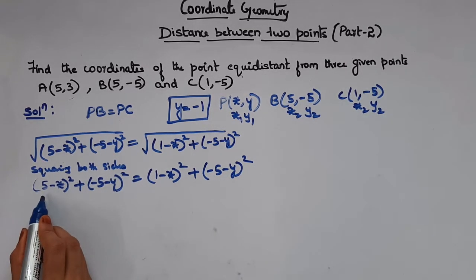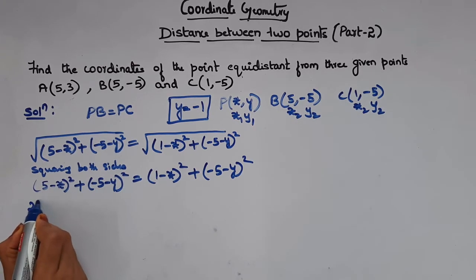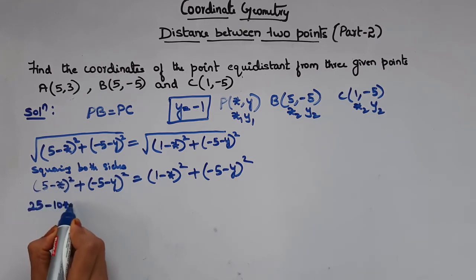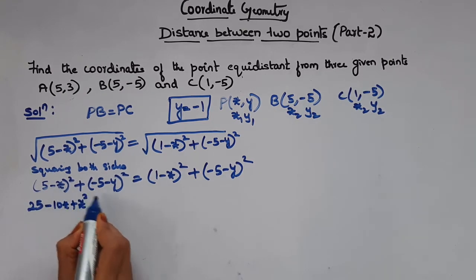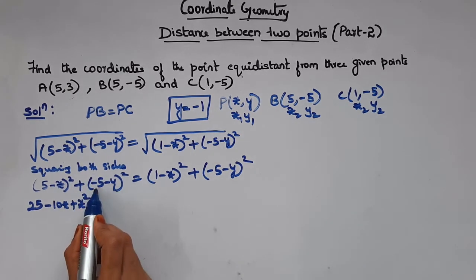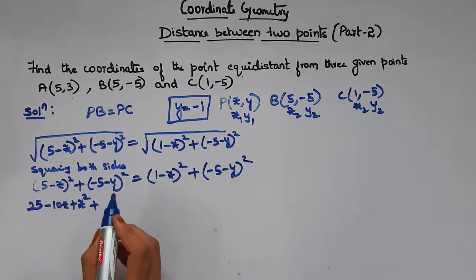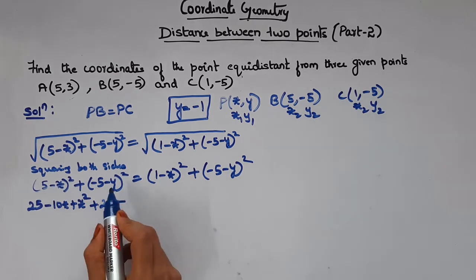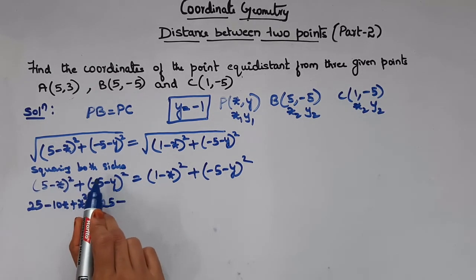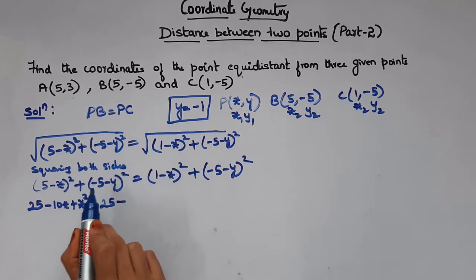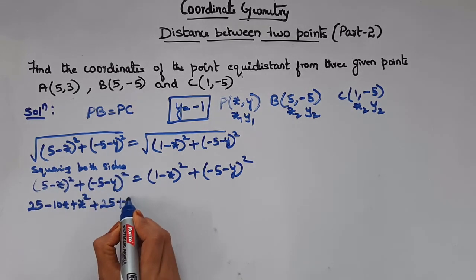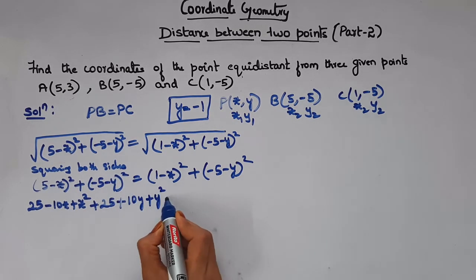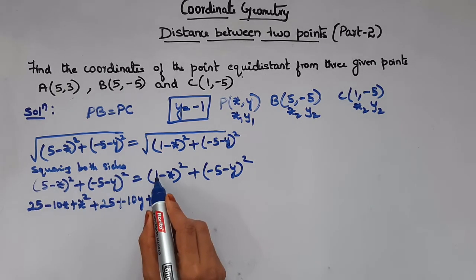So let's simplify this. This is of the form a minus b the whole square. So a square is 25 minus 2 into 5 is 10x, right? Plus b square here is x square. So this is also of the form a minus b the whole square. Here a is minus 5. So minus 5 the whole square is plus 25, right? Minus 2 into ab. So 2 into a here is minus 5. So 2 5 is a 10. So minus 10y. So minus of minus is plus 10y, right? Plus b here is y. So y square,